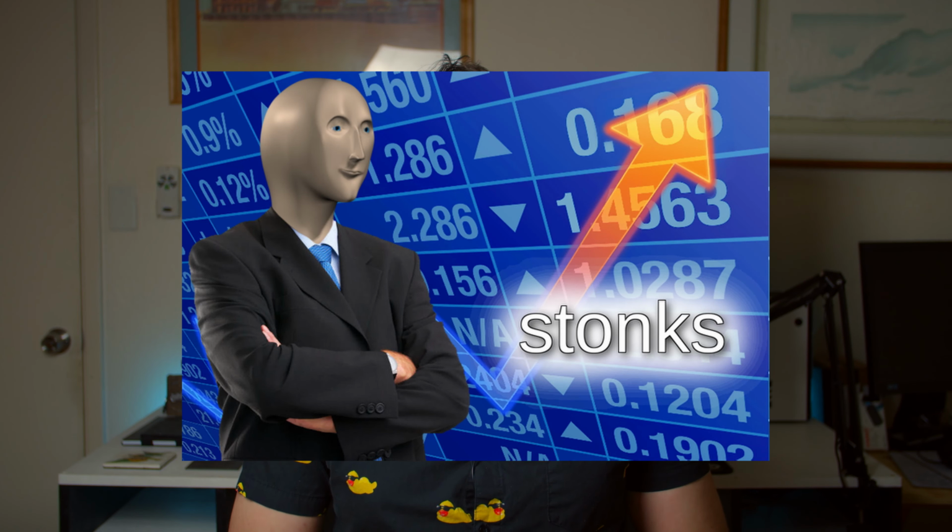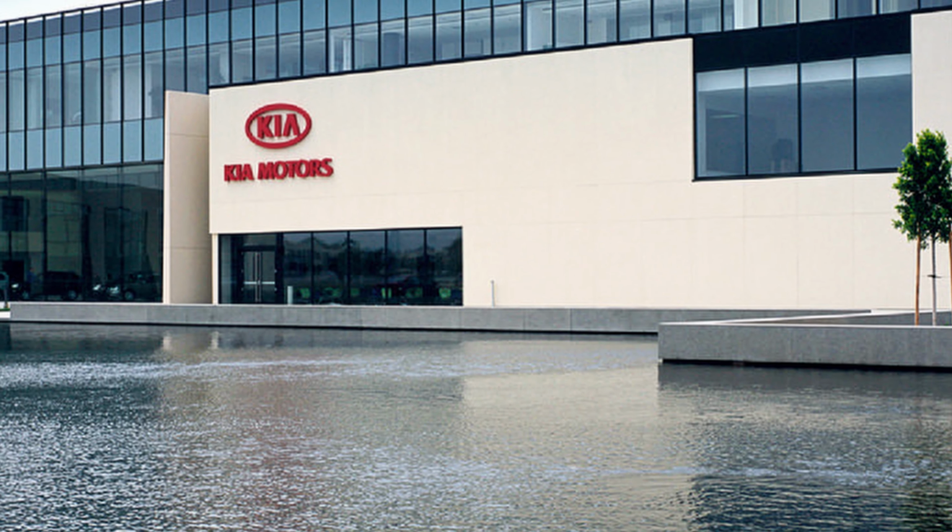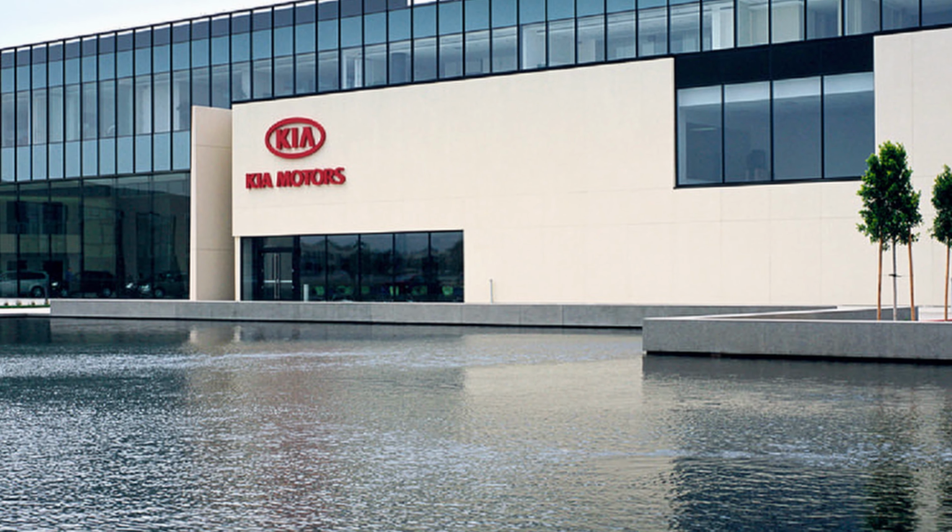A much more reasonable explanation of why Hyundai might not want to move forward with this deal. So what other moves are there? After all, a deal like this would be absolute stonks for both companies. Well, Hyundai might just outsource manufacturing of the Apple car to Kia, another Korean car company they have 30% ownership over. This might be the best solution for both parties involved, as Kia doesn't quite carry the brand image Hyundai's